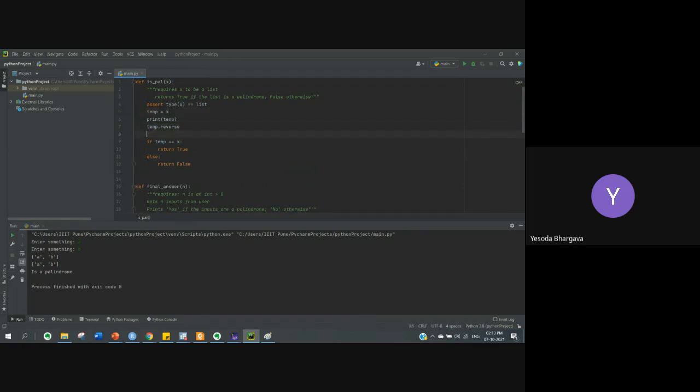If I try to print temp here again, ideally let us see what it provides. Function object. So this is our result string, and this is the X string after reverse.